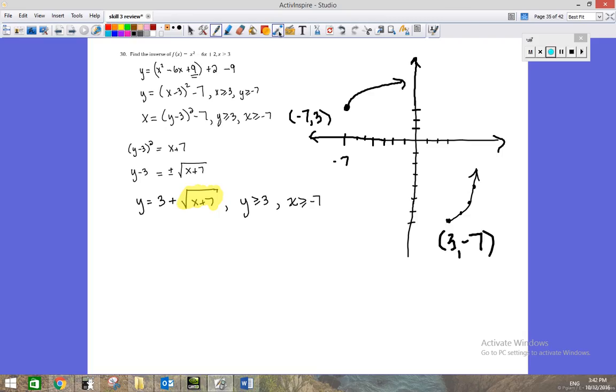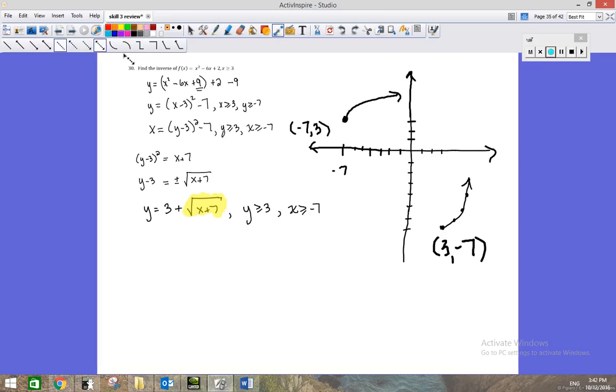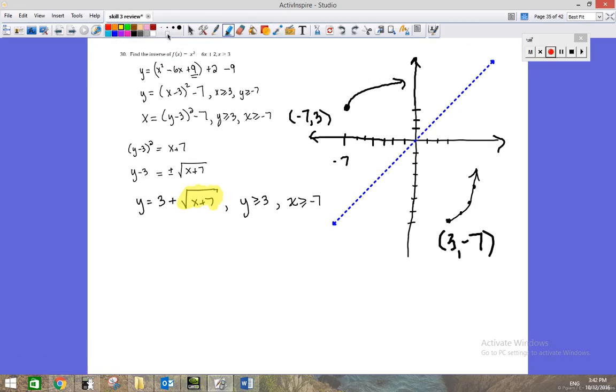And if you were to graph this on graph paper, to where it looks a lot nicer than what I've sketched it, you would see that we have mirror images of each other, that we have symmetry with respect to this line y equals x, that this guy and this guy are mirror images of each other with respect to the line y equals x. That's always true about inverse functions. They'll be symmetric across the line y equals x. So my inverse, and let's use inverse notation,